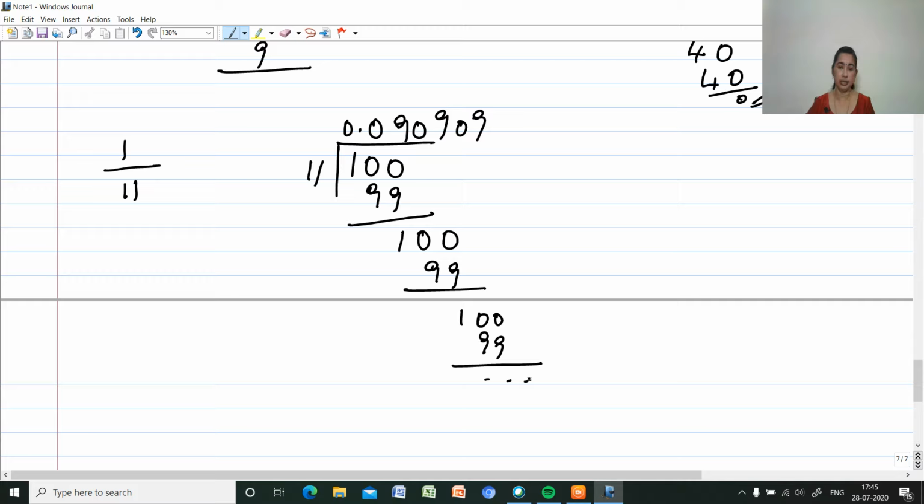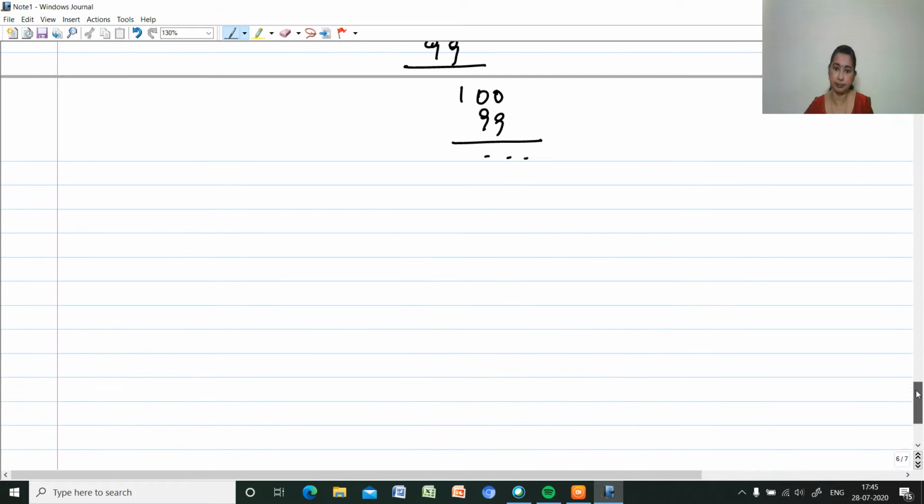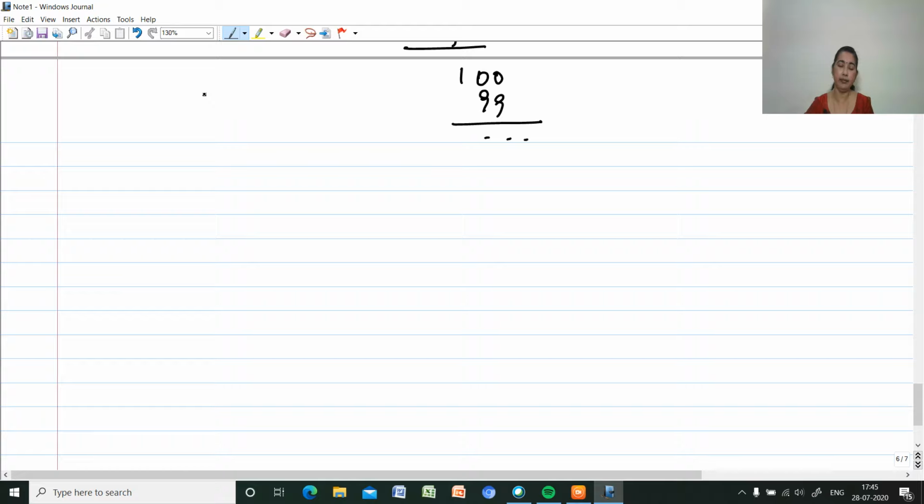So this is non-terminating, but it is recurring. So such fractions also come under such decimal expansions. Like this way, recurring decimals also come as rational numbers. Now, how will you convert? If rational numbers are given, how will you convert to decimal forms? Sorry, if decimal form is given, how will you convert to rational numbers? That's what we are going to discuss here. Conversion to the P by Q form.